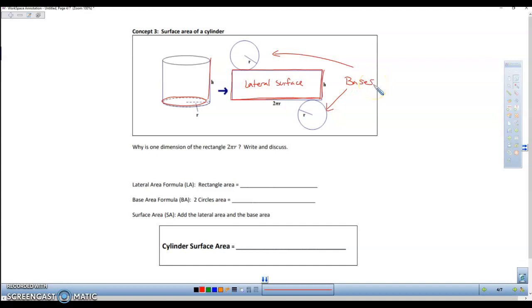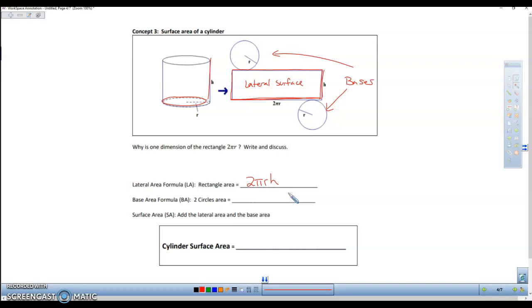All right, so why is one dimension of the rectangle 2 pi r? Well, the reason is that 2 pi r represents the circumference of the circular base of that cylinder. When you unroll it, that circumference would be the length of that rectangle. So the lateral area, which is simply the area of the lateral surface, is just that rectangle, and its dimensions are 2 pi r times h. So 2 pi r h is the formula for just the lateral surface, not including the two bases of the